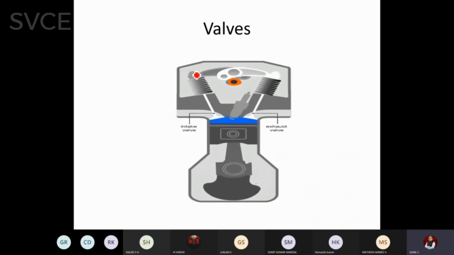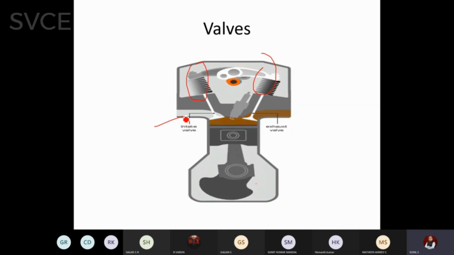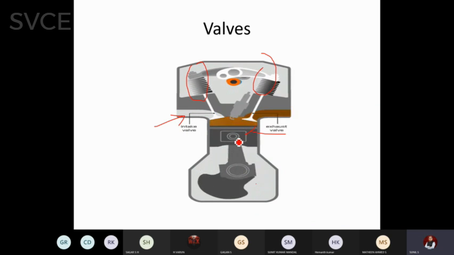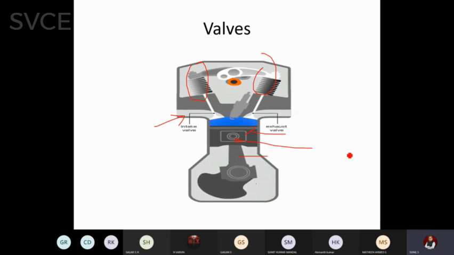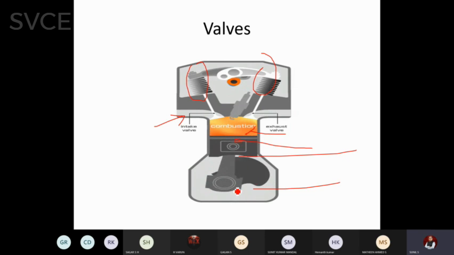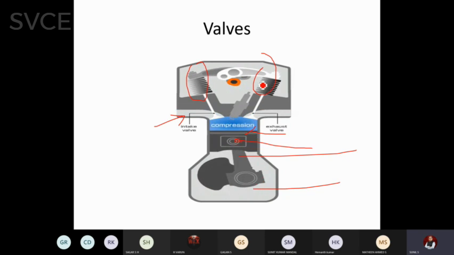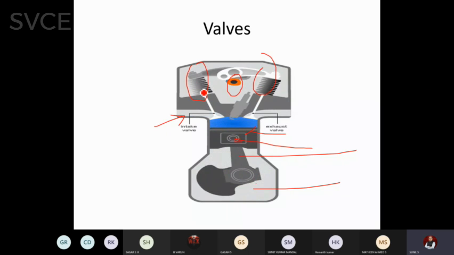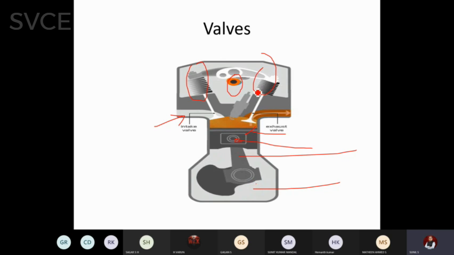Now we have to discuss the valves. We have completed the cylinder, the important part, the cylinder block. Piston we have completed. Here we will have the piston or gudgeon pin, that we have completed. This is the connecting rod, this is the crankshaft. All these important components we have discussed so far. Now we have to discuss the inlet and outlet valves of an engine. You can see a cam operated mechanism which is operating the valves. One of them is the inlet valve and the second is the outlet valve.